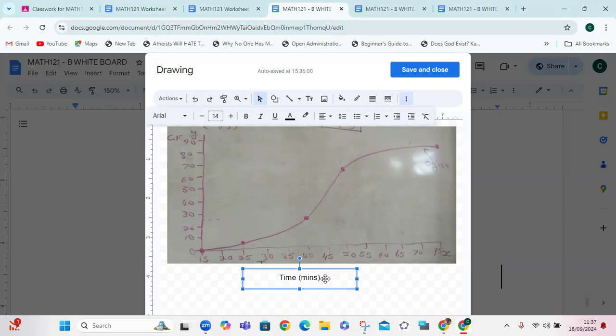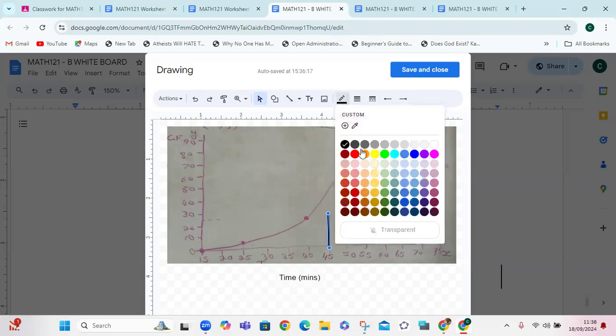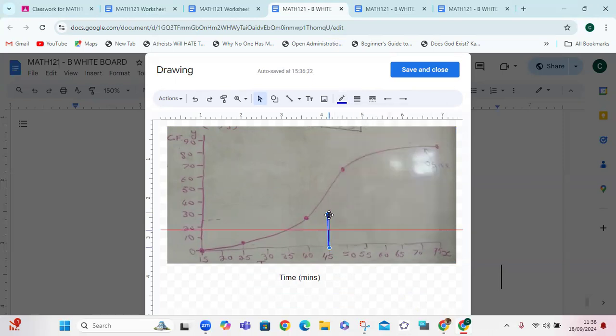What you do now, you draw a vertical line from 45 upwards to touch the graph. What you're going to get is an estimate. So here we have touched the graph. And from there, you trace a horizontal line